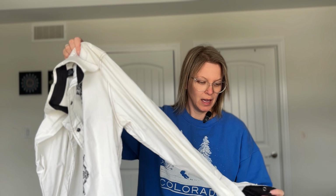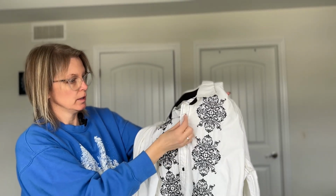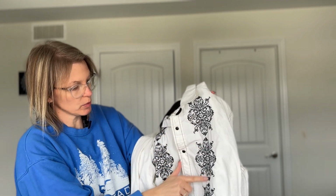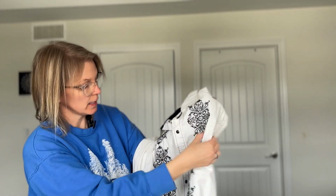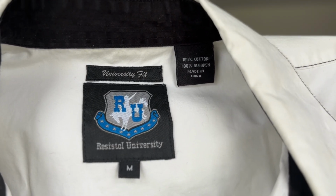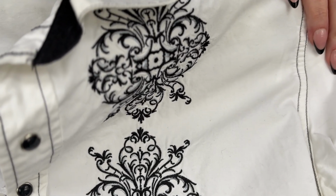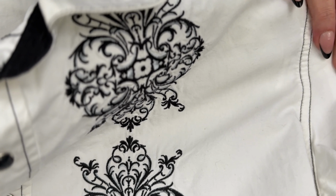But it has the pearl snaps, right? The pearl snaps are really nice, and this beautiful embroidered detail. It's actually black and silver. Here is the label, if anyone is interested in that. Never heard of this brand either. I looked up comps, and some of their more intricate details are going for around $40 to $50. And the back is just plain,